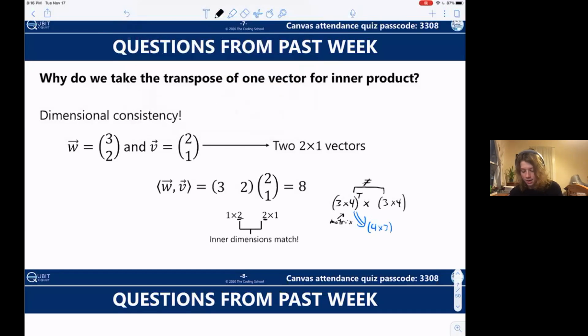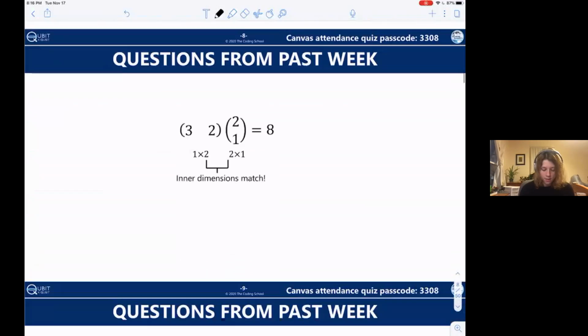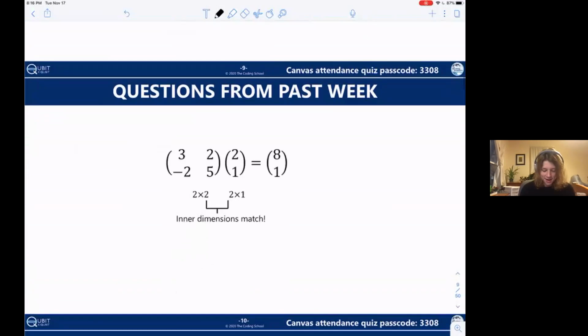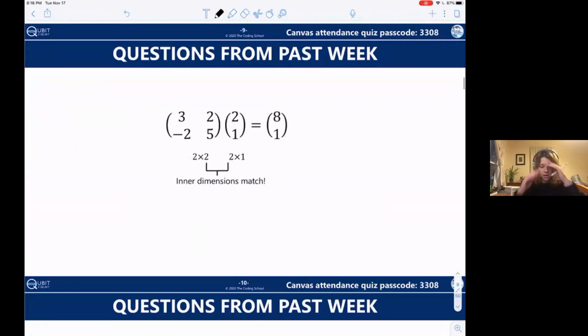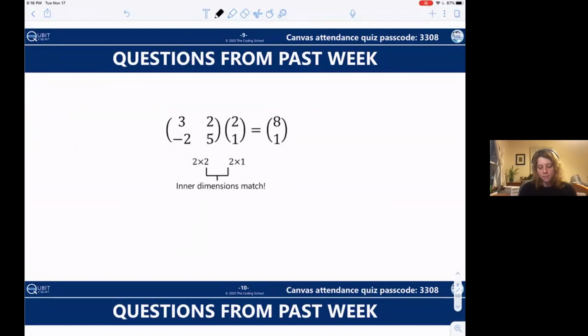And then that can be multiplied by the 3x4 from before, because these two match. And that's just how we do matrix multiplication. I have this written out for this example. So we just always need the inner dimensions to match. There's nothing super special about it. It's just how this multiplication is defined.